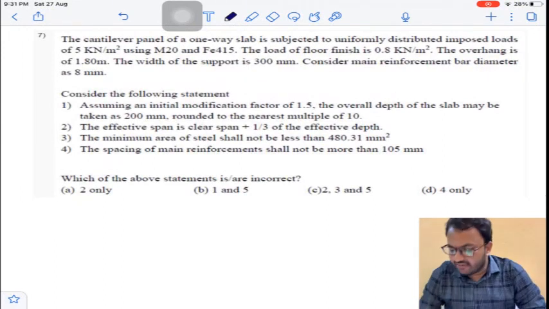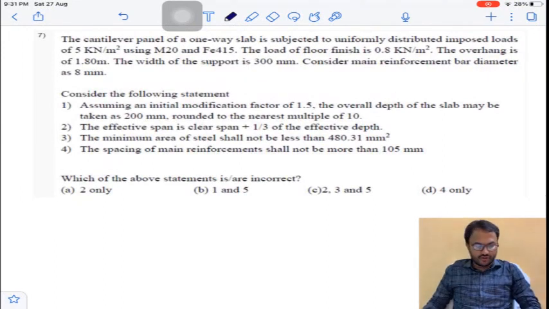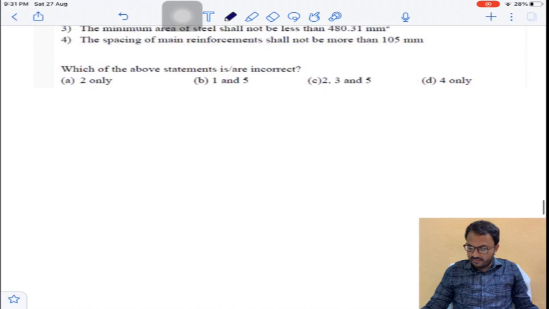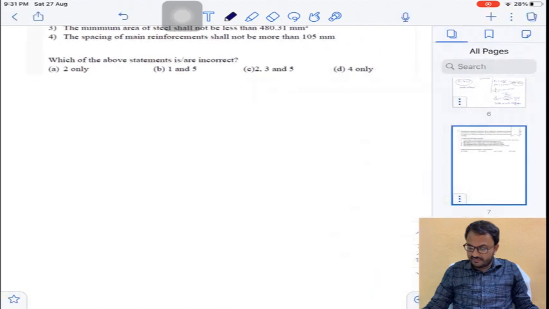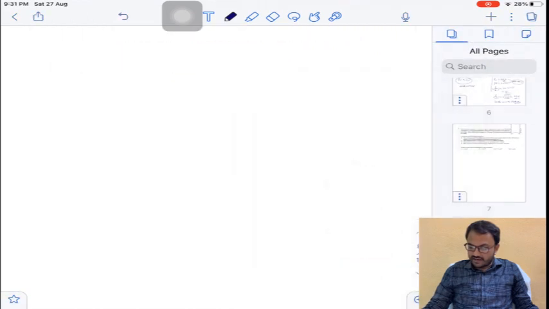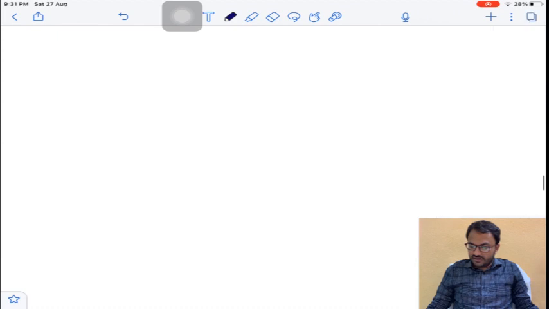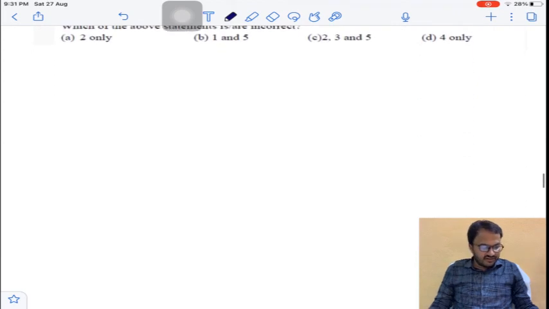So he has given a cantilever panel of one way. So he has given so many statements. For this question, I need to calculate all the required data. So let me add the pages first, because it is a long answer question. Listen carefully. So first of all,